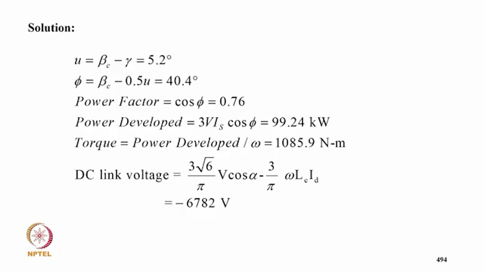So mu equal to beta C minus gamma, that is 5.2 degree. Phi equal to beta C minus 0.5 mu, that is 40.24 degree. Power factor is cos phi, that is 0.4. Power developed 3 V IS cos phi equal to 99.24 kilowatt, and torque equal to power developed by omega, that is 1085.9. The DC link voltage is 3 root 6 upon pi V cos alpha minus 3 upon pi omega L_C I_D, that is minus